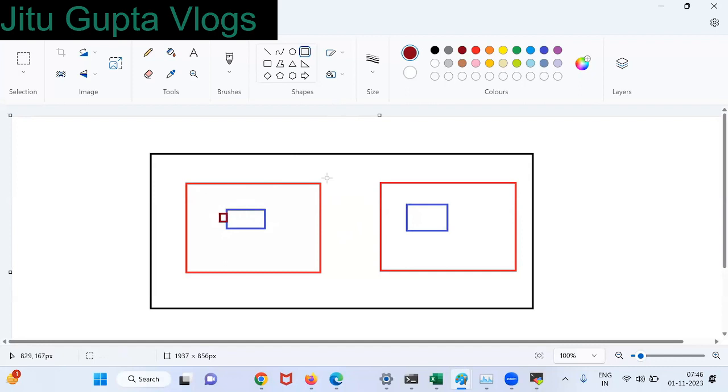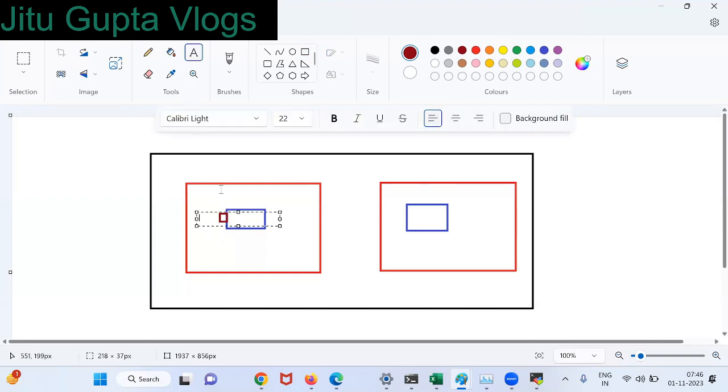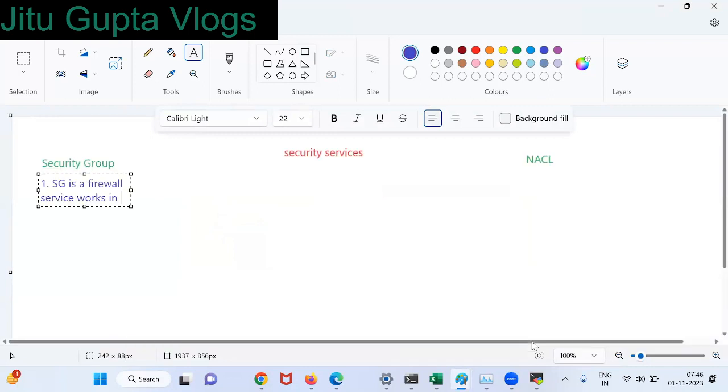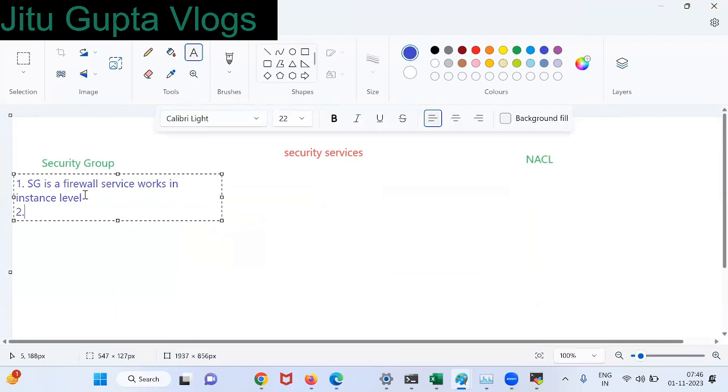Here, SG. Clear? Okay. So it works at instance or server level. So it will protect. It will protect from unauthorized access, right or not?